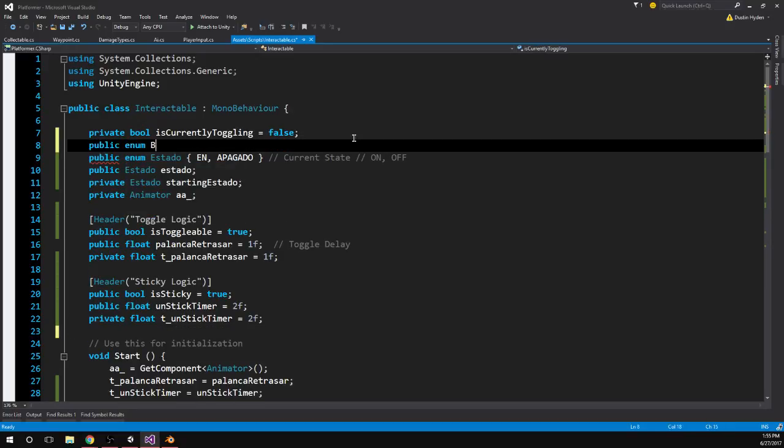Public enum interactable type. I'm just going to say floor button, wall button, right? Because we can have the same object but rotate it 90 degrees, and then those would make sense to spin hit. So let's just call this a jump on, or spin hit. I'm trying to think what other kind of buttons we're going to need. I can only think of these two for now, but